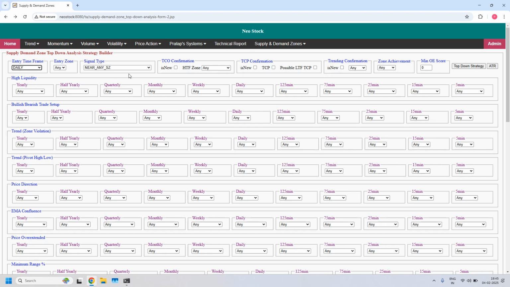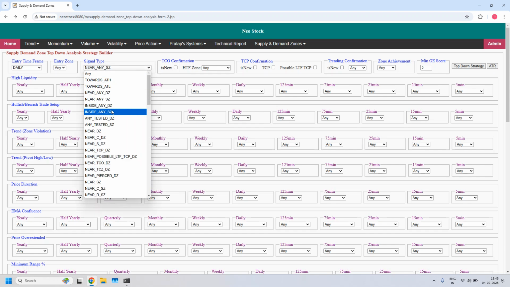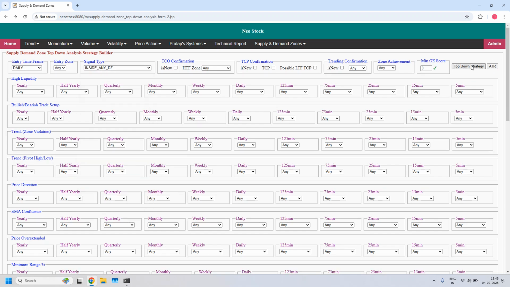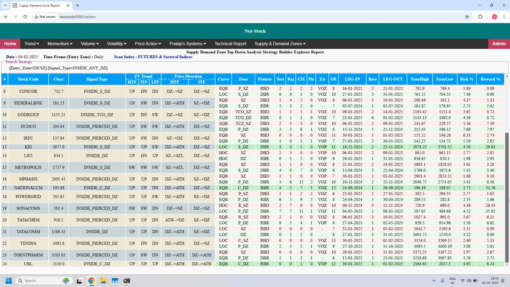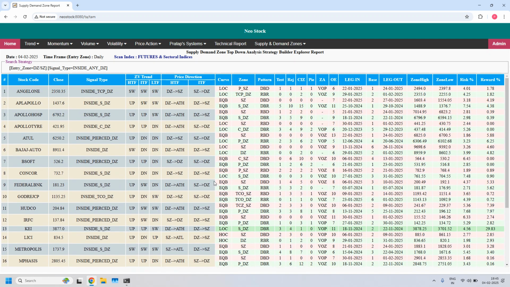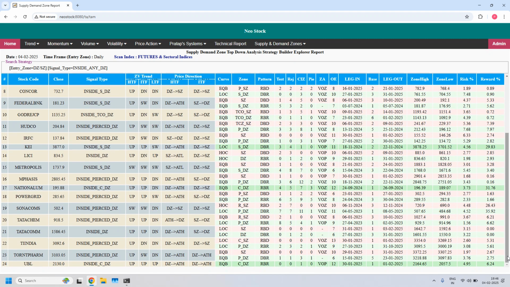So entry time frame daily. Price closed inside the daily demand zone. We got 24 stocks. First 16 stocks in the list. I am scrolling the list down. So total 24 stocks are filtered where price closed inside the daily